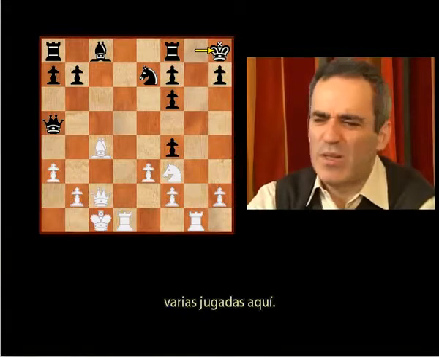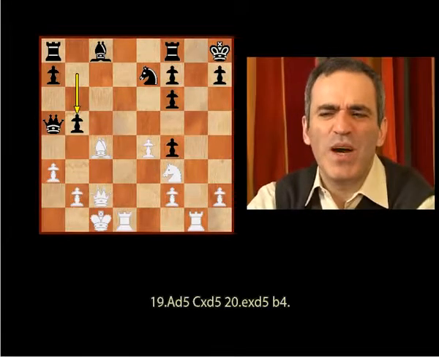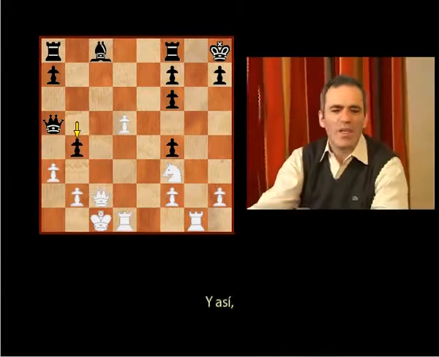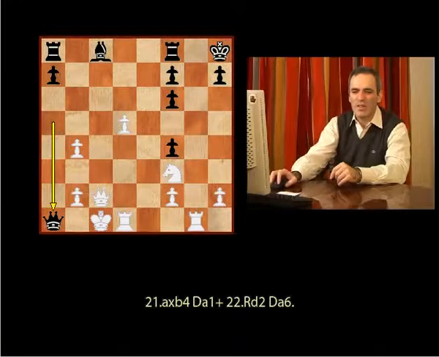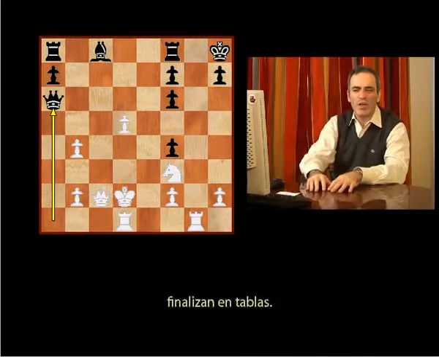Now white tried a number of moves here, but e4 proved to be the best one, and then b5, bishop d5, knight takes d5, ed5, b4. And so I want to stop now, because we can continue indefinitely. The best is a takes before queen a1, then they do queen a6, and all these complications end with